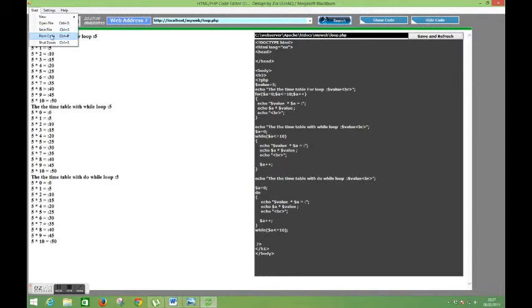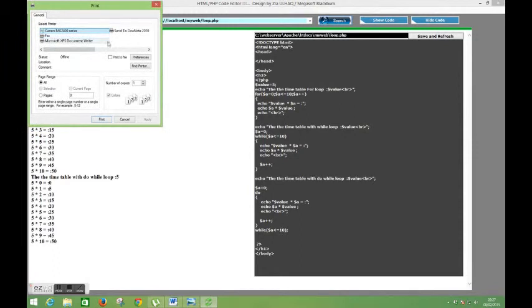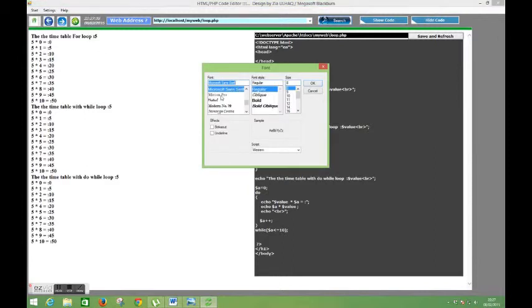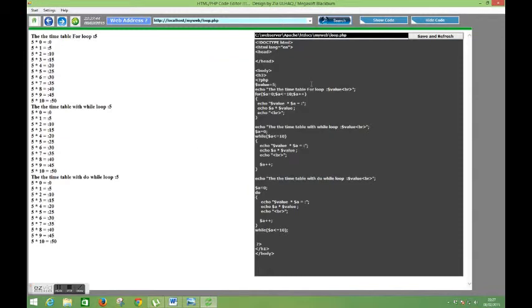And that's open, that's save, and that's print code. We can print the notepad code, and there's the setting for font style for notepad. If I want to set it to bold 10, okay,